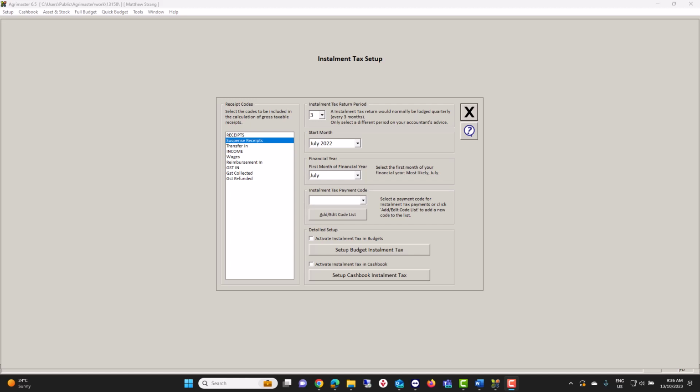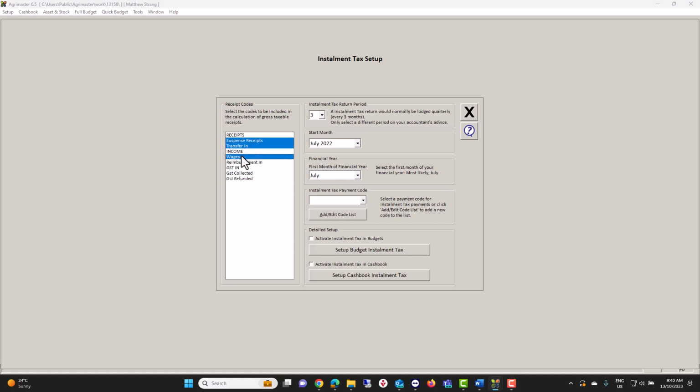debts with the ATO. Before we begin, you'll need to know the tax rate for all entities for the current financial period, how the tax is dispersed amongst each entity on a percentage, and have a clear understanding of which receipt codes are included in the installment tax calculation. Before continuing with this setup, we recommend you speak to your accountant, who will be able to notify you of the tax rate for all entities for the current financial year and confirm which receipt codes are included in the installment tax calculation. So once you know which receipt codes to include, you'll just go through the left-hand side and